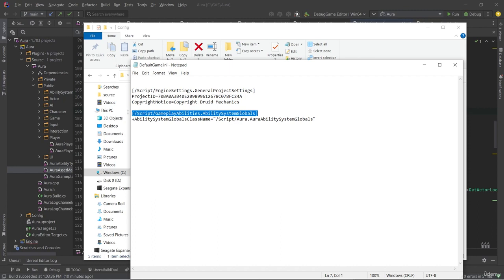Now, we already have it here because we set our Aura Ability System Globals as the Ability System Globals class to use. Here is also where we can specify our gameplay cue notify paths. So we can add that path with plus, and we can say GameplayCueNotifyPaths equals, and we can provide the path. We start with /Game. This takes the place of the Content folder. So our folder is what comes after that. We had Blueprints, AbilitySystem,